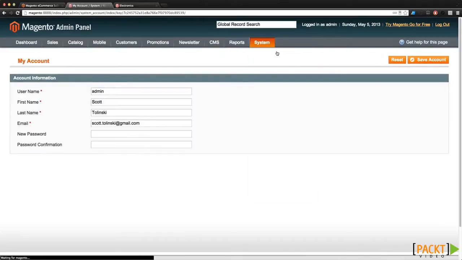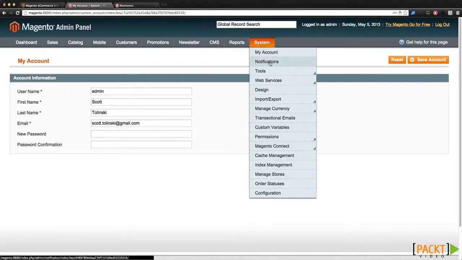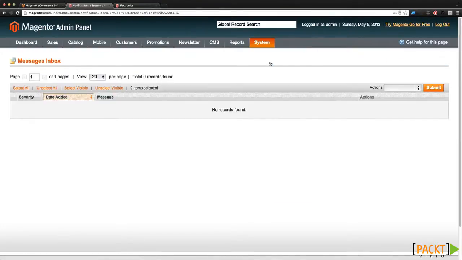So My Account is going to talk about exactly the admin account on this site. Notice how it has my email, my first name, last name, and my username. Here you can create a new password for the administrative account if you'd like. Now, notifications. If you remember when you first installed your site, there was a